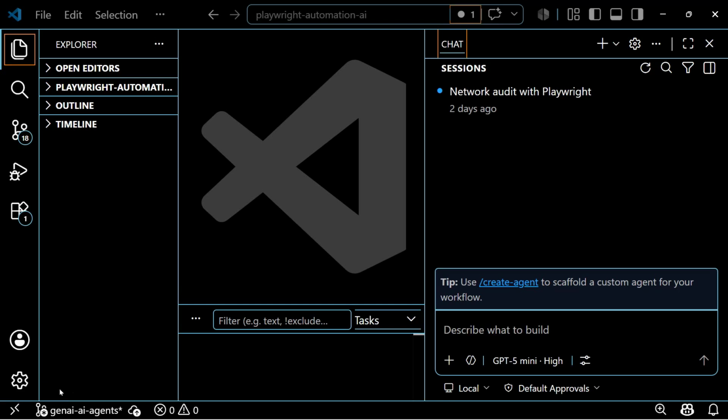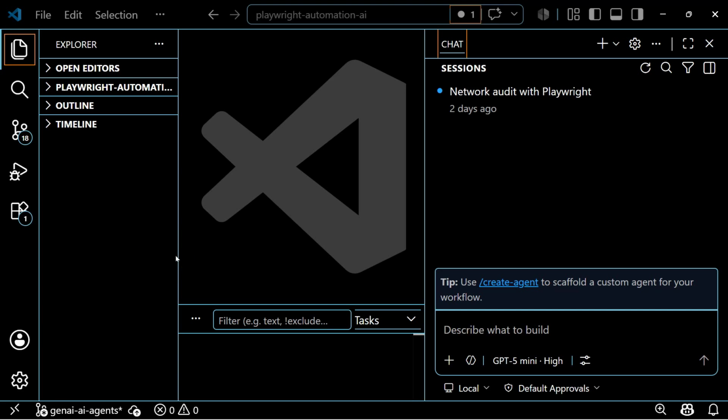Welcome back. So let's understand about another MCP server which is very important for testers, which is Chrome DevTools MCP Server. Why we need to understand about the Chrome DevTools MCP Server is because it will be more beneficial and more helpful in terms of debugging or doing the diagnostics or performance analysis for your application. Now Playwright MCP already has these features, but if you want to do the deep analysis, go ahead with the